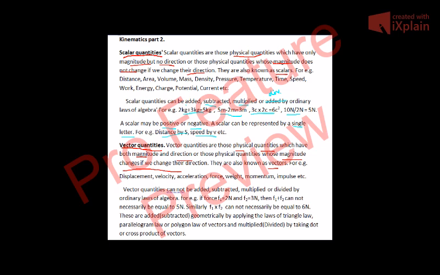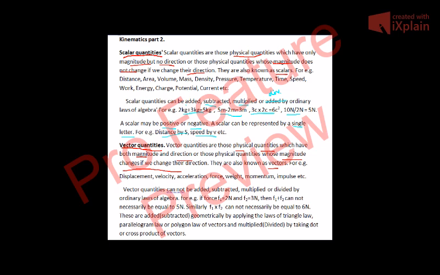If you use an ammeter in the four arms, the magnitude of the current, suppose the reading in the first ammeter is 2 amperes, will be 2 amperes in all the four arms. So though the direction changes, the magnitude of the current does not change. So current is not a vector, it is a scalar, because its magnitude does not change though the direction changes.